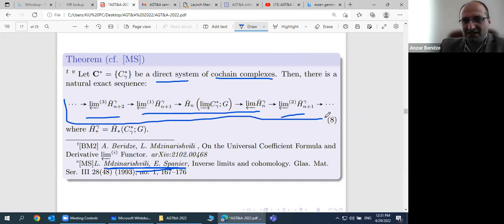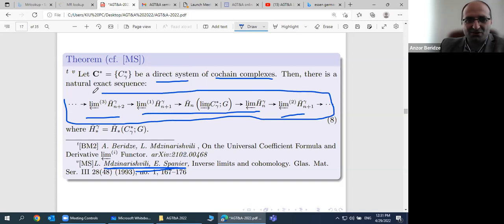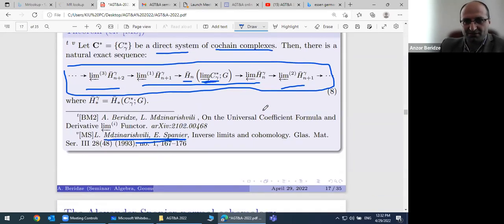But we have done it when we have the cochain complexes: using the cochain complex, we construct a limit cochain complex. Using this cochain complex, somehow we can construct the chain complex that is a cone of the cochain map, and we obtain the homology. And for such a homology, we have a long exact sequence. And this is a very important result to prove the uniqueness theorem for general topological spaces.